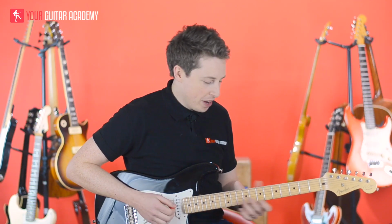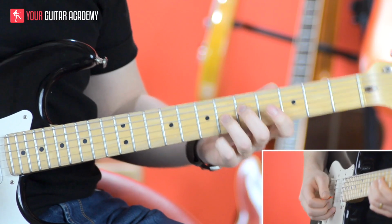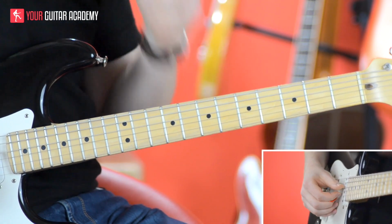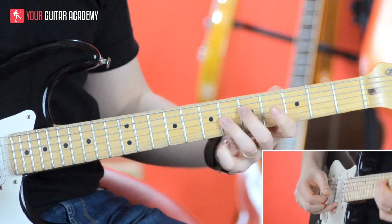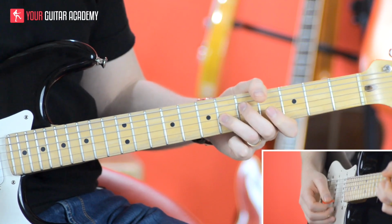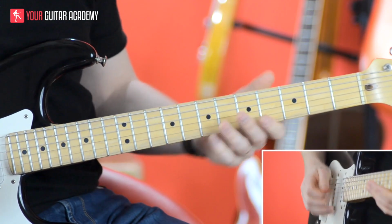Now, in terms of theory, what we're doing here is we've got the flattened 7th note and the major third from the A7, okay? So we've got the two key elements to that chord in one double note, okay? And that's why we use it, because it really highlights the A7, and it's just a cool sound. The sliding into it is just to add tension and then to release it, okay? So we go from...